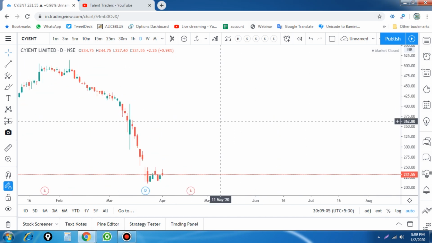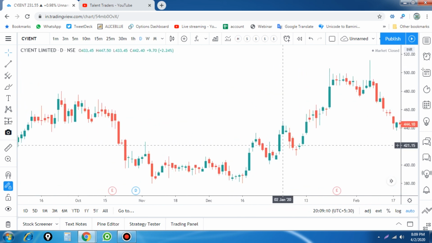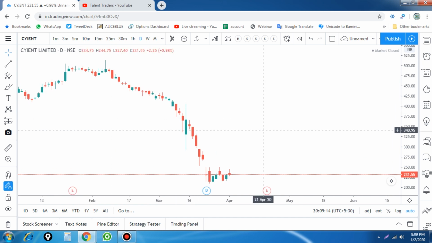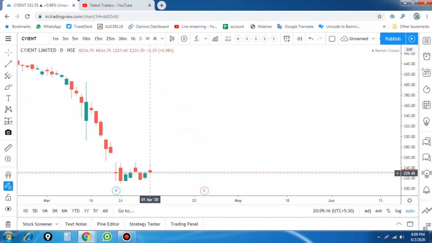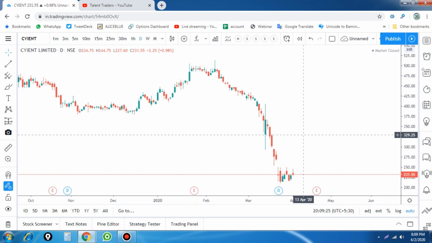Wherever it forms, most of the time we cannot find the gravestone doji in a lesser time frame. This looks like a doji candle. Using my scanner I have taken this stock. Let me tell you which stocks form this, for example Tata Chemicals. So let's check it.